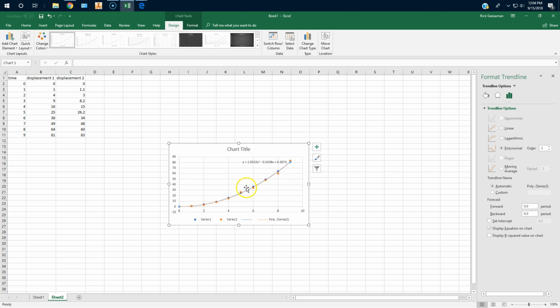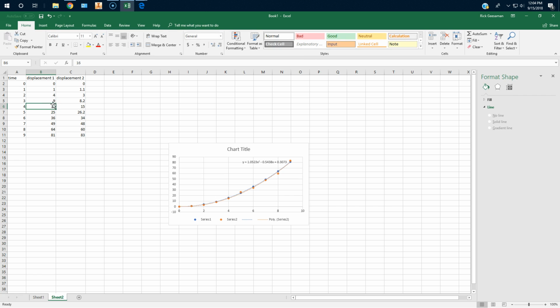And that's what I think you should use if you see that your data looks like it is not a linear data set. You should probably use the polynomial type. And again, if you have some points over here where you don't have a displacement measured for each time, it will still create an approximate fit for you. It still looks like a parabola even though we've removed several of the displacement measurements,